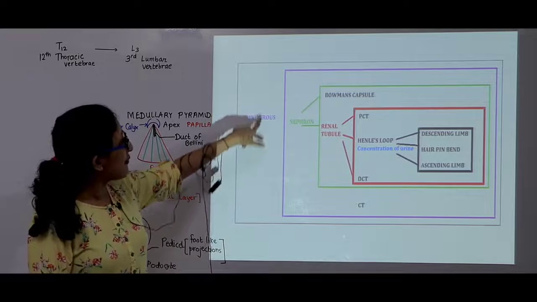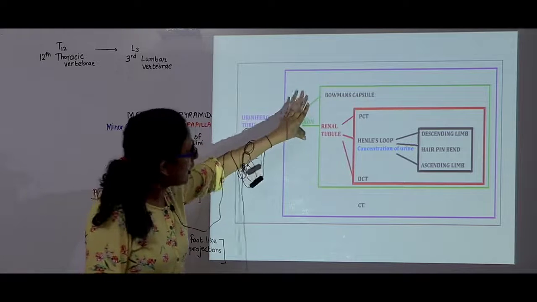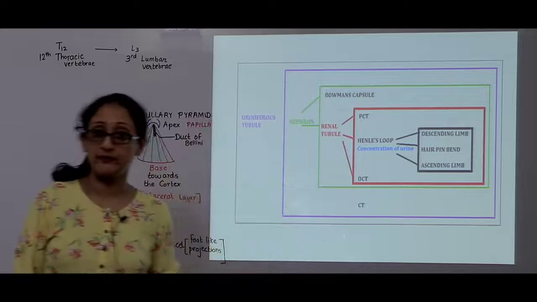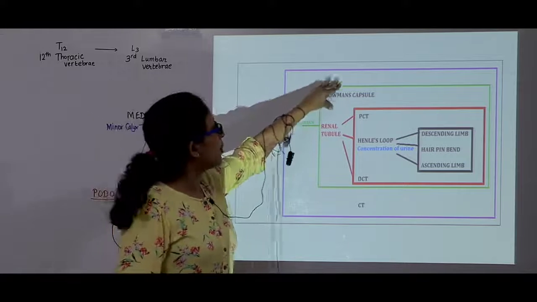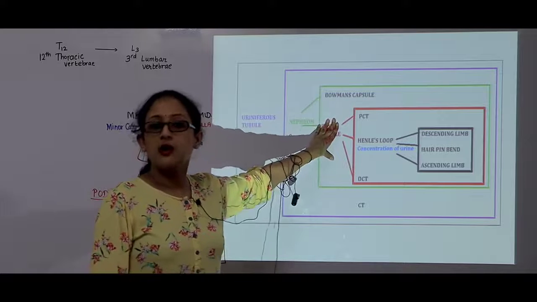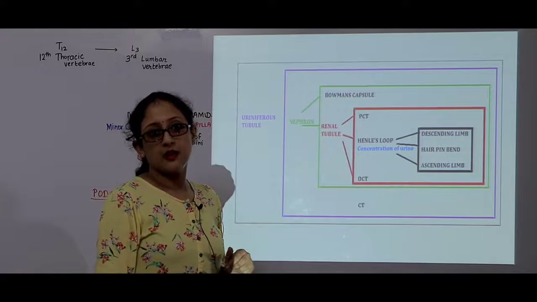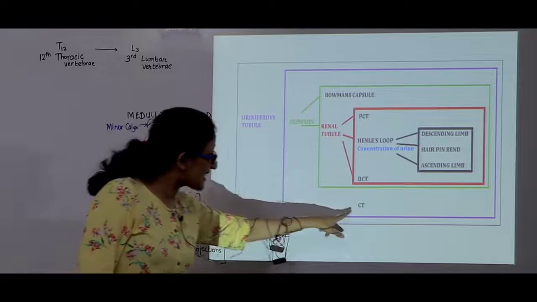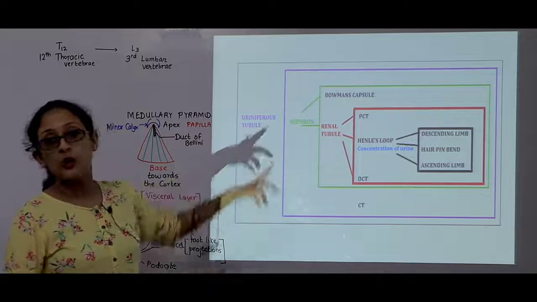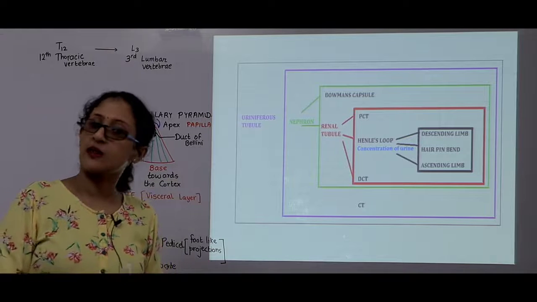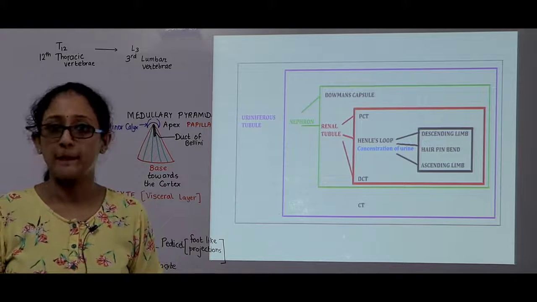Whereas, what is a uriniferous tubule? Uriniferous tubule means a nephron along with its collecting tubule. So once again, you know about a nephron. A nephron consists of Bowman's capsule and the renal tubule. Renal tubule consists of PCT, Henle's loop, DCT. So all these parts plus its collecting tubule is now called a uriniferous tubule. So kindly note this point for MCQs. So uriniferous tubule is equal to the nephron with its collecting tubule.